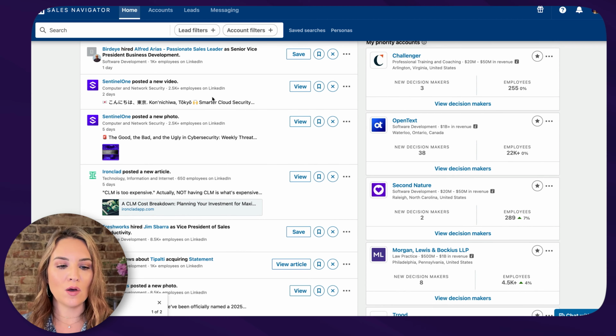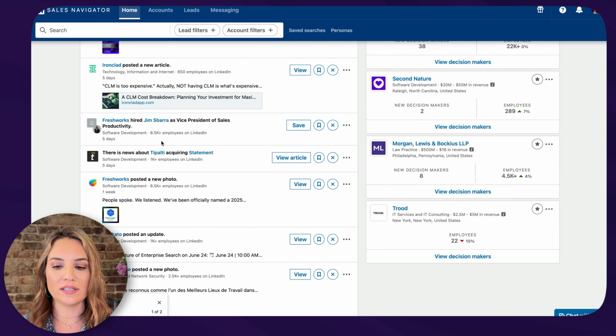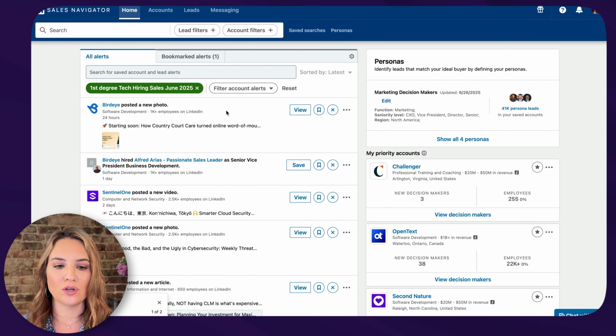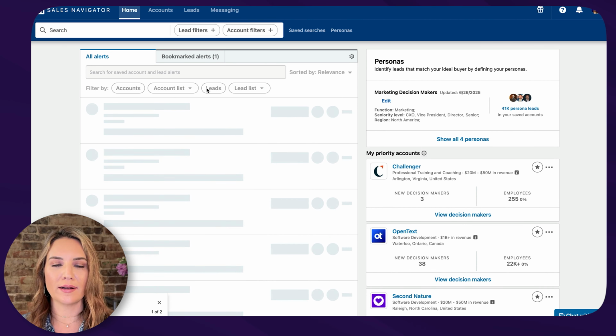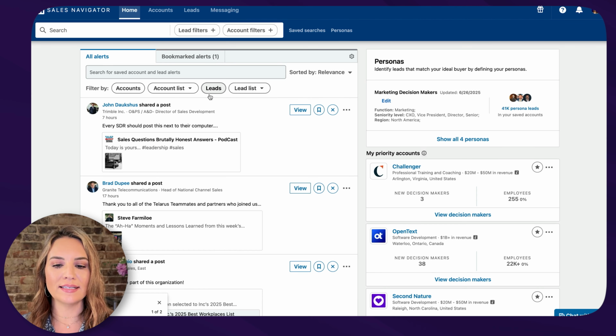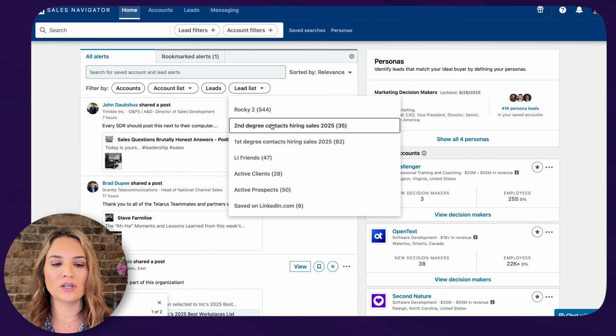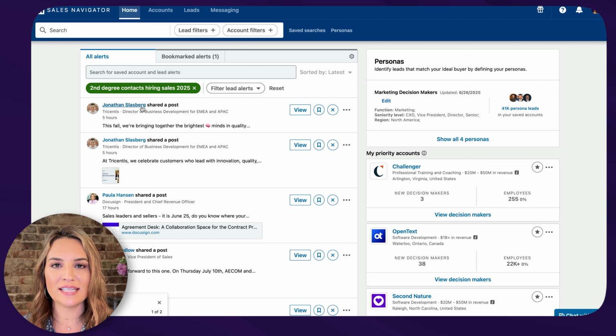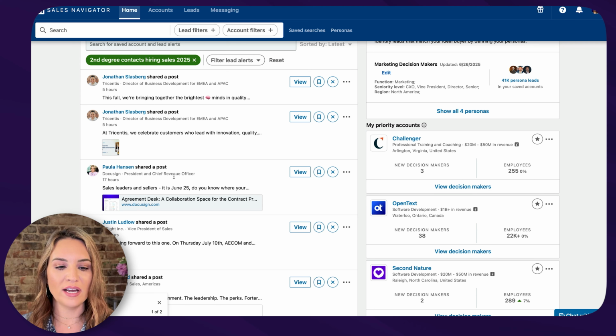So it's saying what is happening at these organizations to give you an idea. So you can obviously mention that in your outreach, and you just have general knowledge of what's happening at these companies. Now, my favorite part is the leads right here. So if I want to look at my lead lists, then I would look at these people who are posting content because I already have them saved to a lead list. So we have Jonathan here, we have Paula here, we have Justin here,